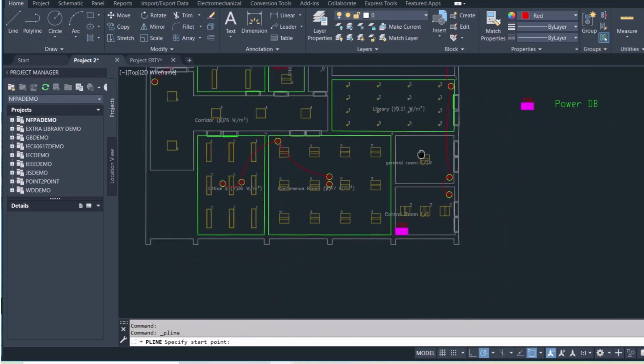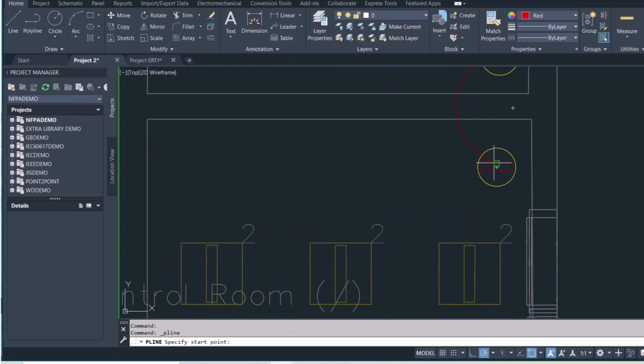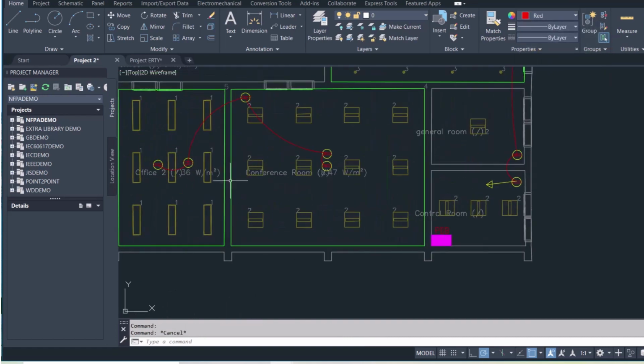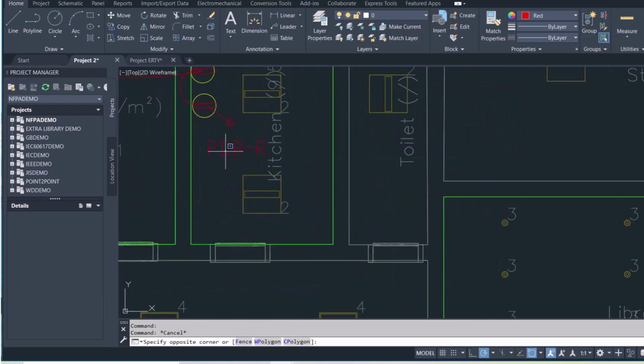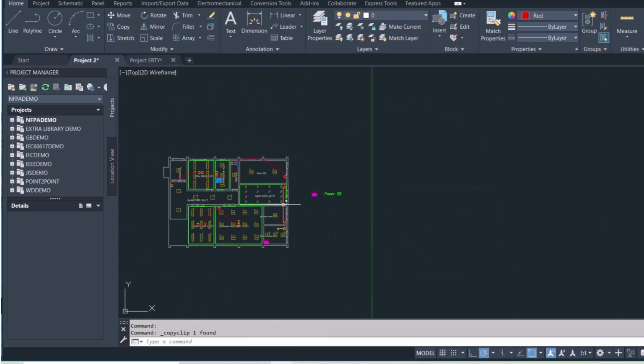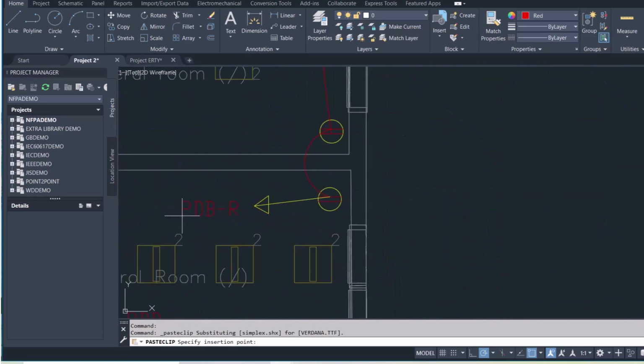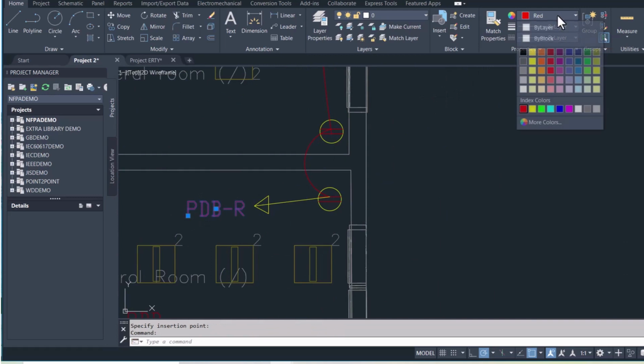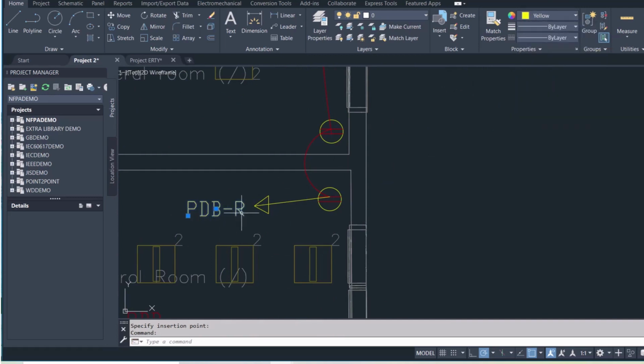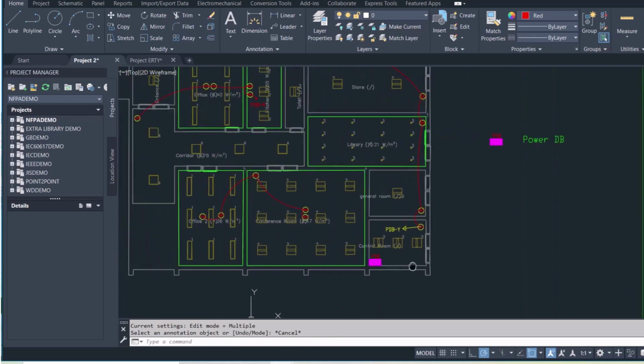Similarly, these sockets will be powered by the yellow phase. So let's make it yellow and copy this. Make this yellow. Change the name to PDBY because these sockets are getting power from the Y phase of the PDB,